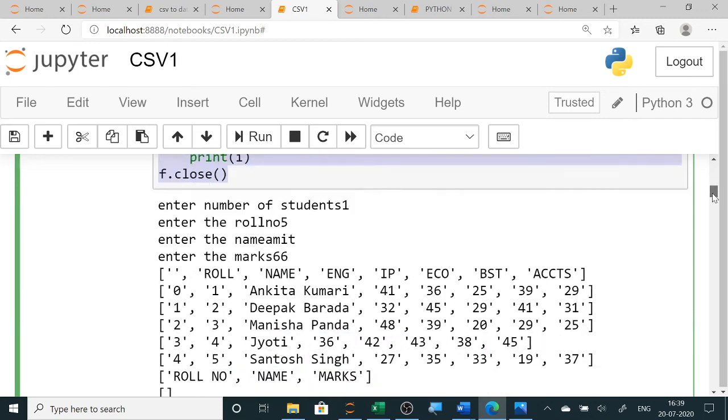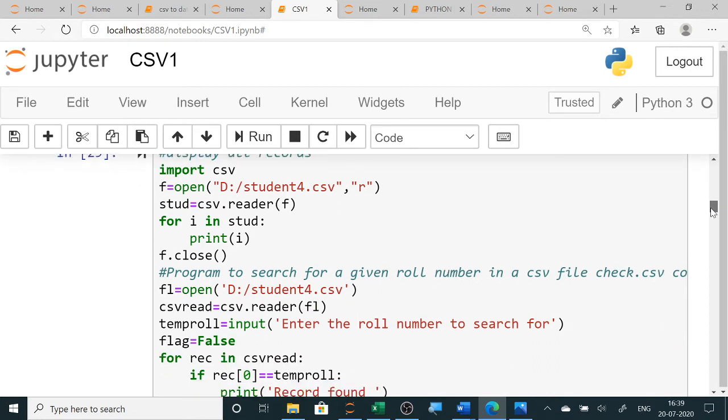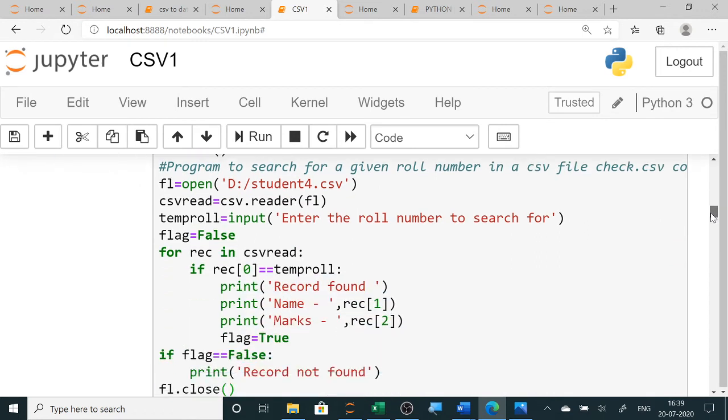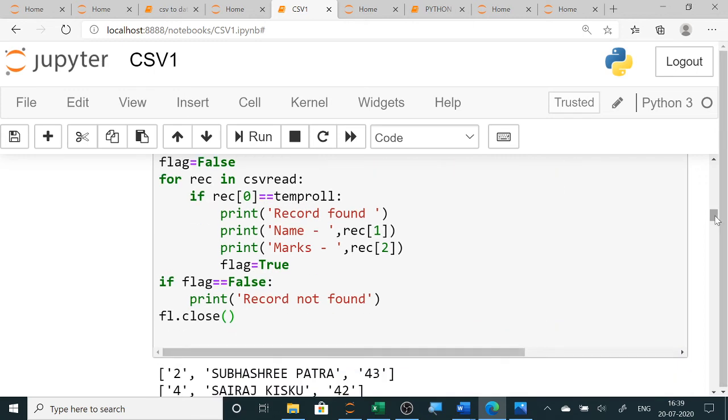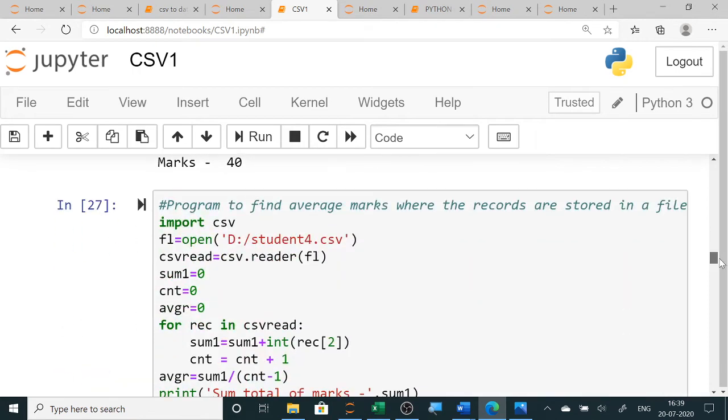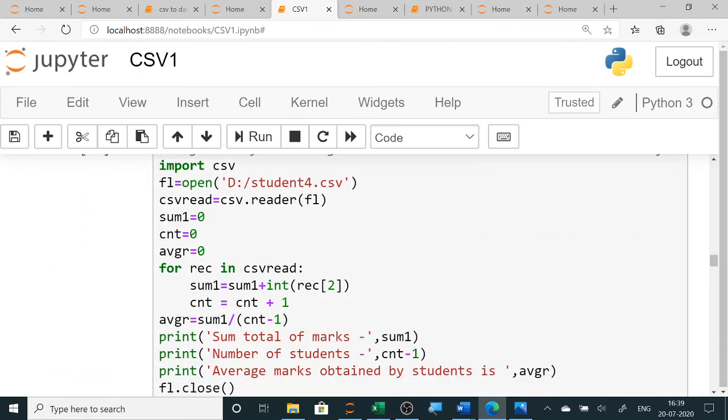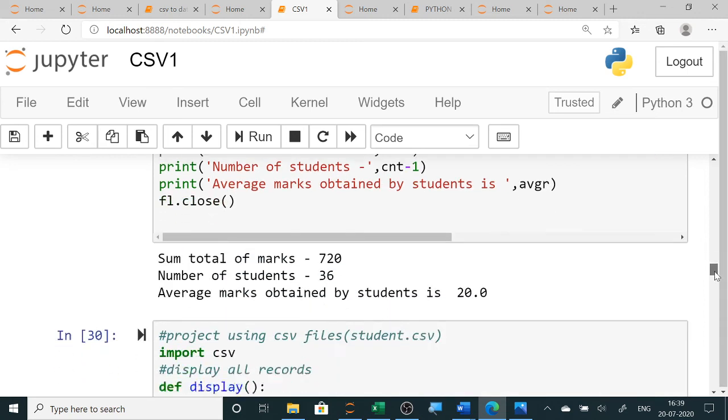And now you have learned all the different functions. So the first function was to search. So here how to search, simple, same steps are there. You have to open the file, the reader, which roll number you want to search, then using for one by one list you will collect, you will check with the roll number, and you will display it. Only this much. Clear? Now the next program was to calculate the average marks. Same here, sum you have calculated, count you have calculated, and then you have divided the sum with count. It is showing the average.